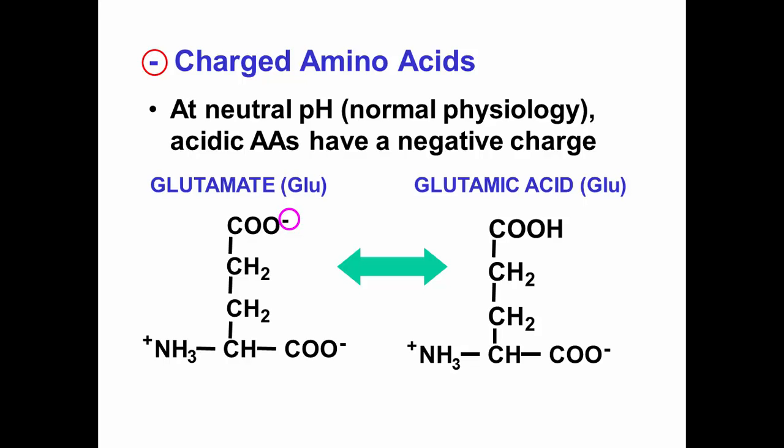So the pKa for this group is around pH 4. If the pKa is 4, and we're at neutral pH, around 7, does that make sense then that that's going to dissociate? Are we on the same page? That's the level of understanding of the Henderson-Hasselbalch I need you to remember for this point.